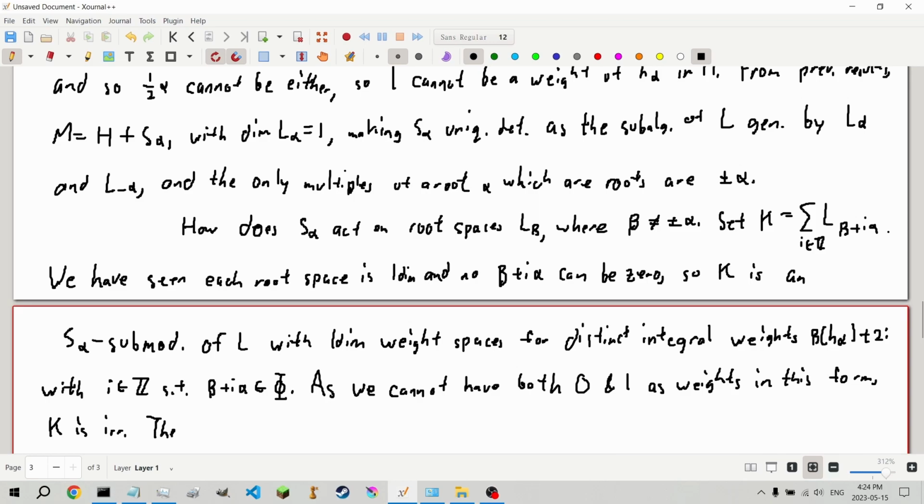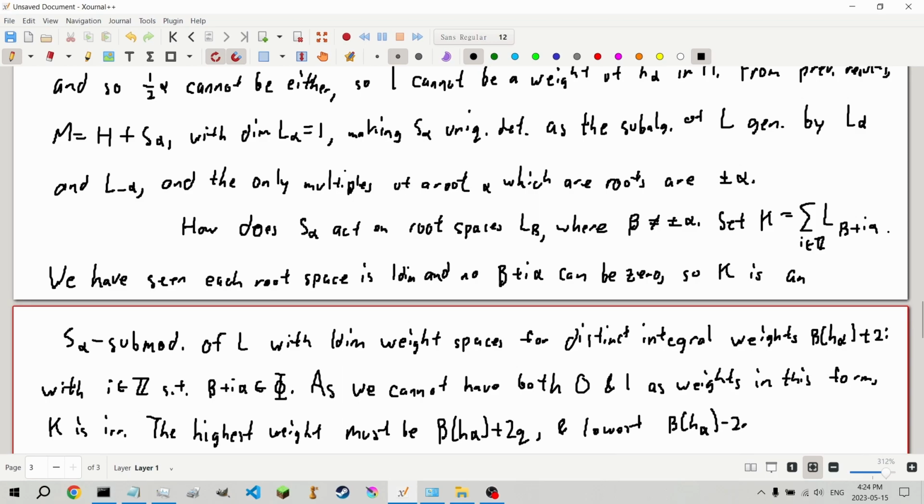The highest weight must be beta of H alpha plus 2Q, and lowest being beta of H alpha minus 2R,